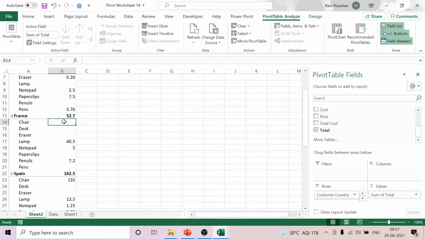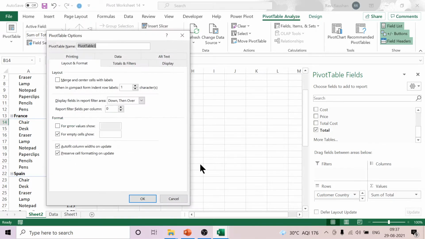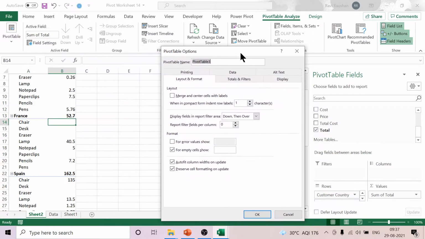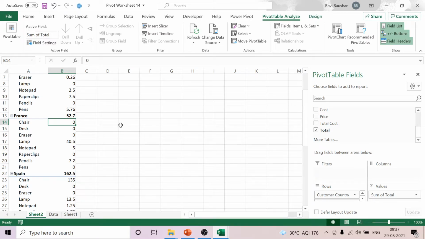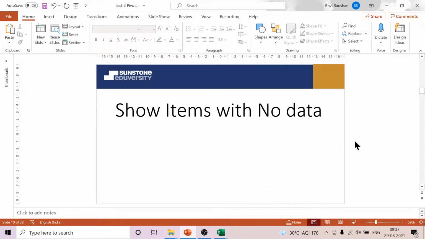So I do not want to keep the value field blank. Again, I can right click here. I can come to the pivot table option. In the pivot table option, see for empty cells, I'm in the layout and format. For empty cells show, if I click a 0 here, click OK, it will show zeros here. Fantastic. All right. So that's done. So that is called show items with no data.